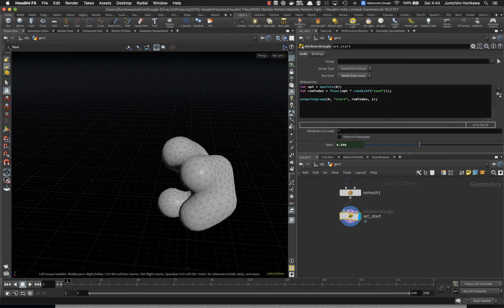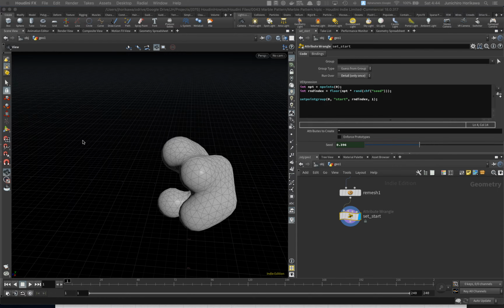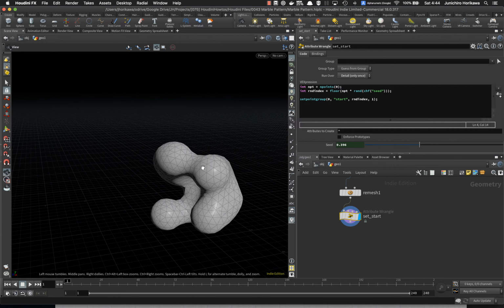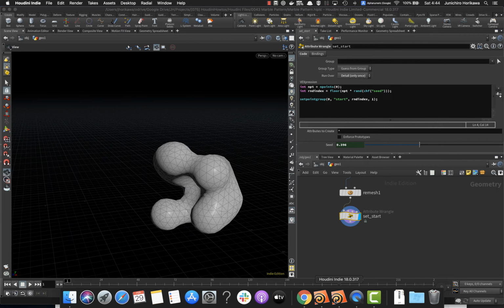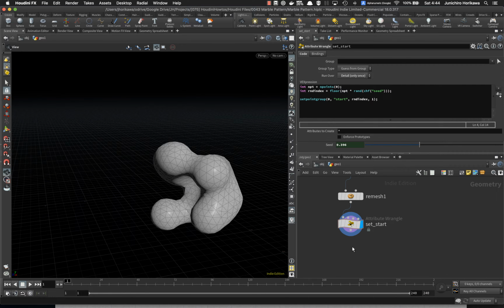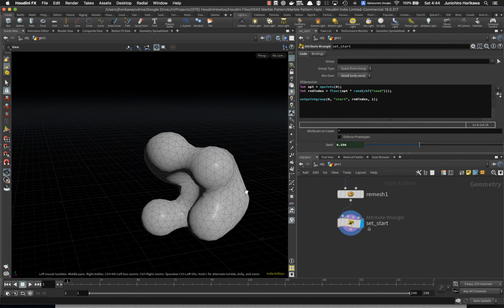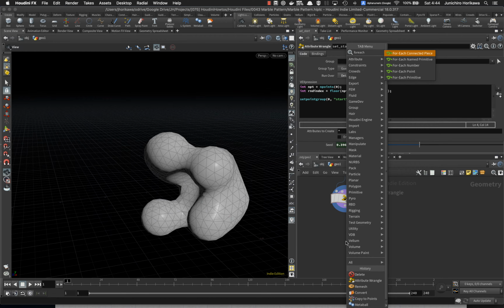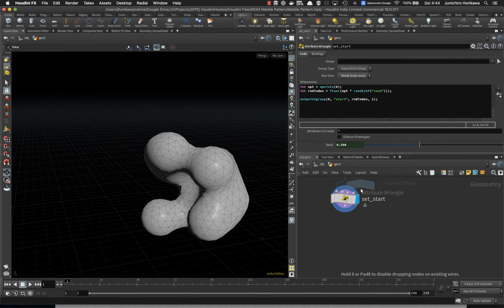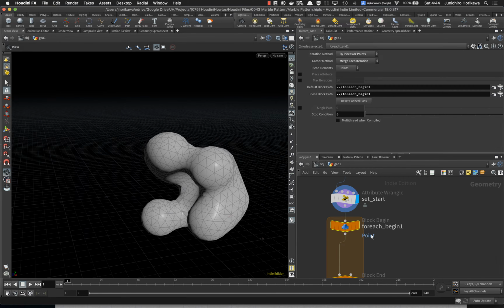Right. Now I have got the starting point. Let's calculate the shortest distance for other points on this surface. So what I'm gonna do is to use a for each point, connect it to here,